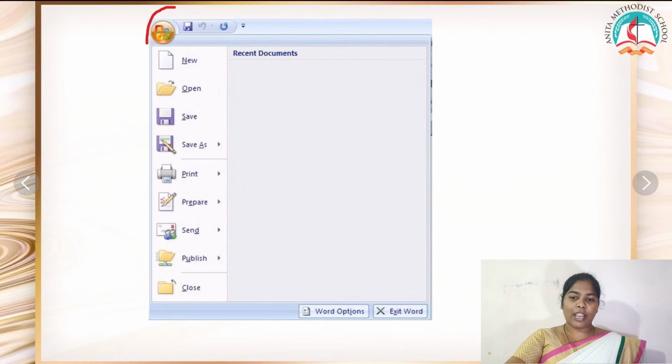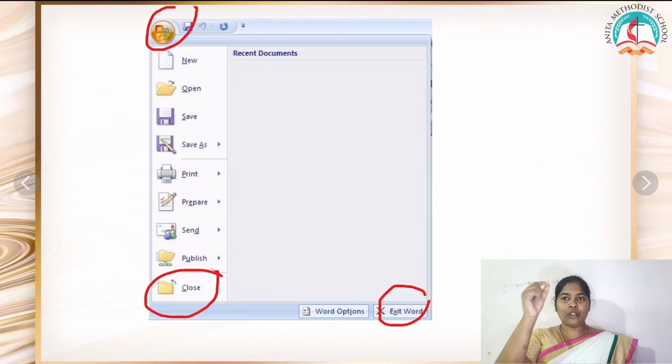When you open File, you will have Close or Exit. This is the second way. There is another way using a shortcut key, that is Ctrl plus Q. When you press Ctrl and Q, the document will close. So to close an application, there are two or three methods.